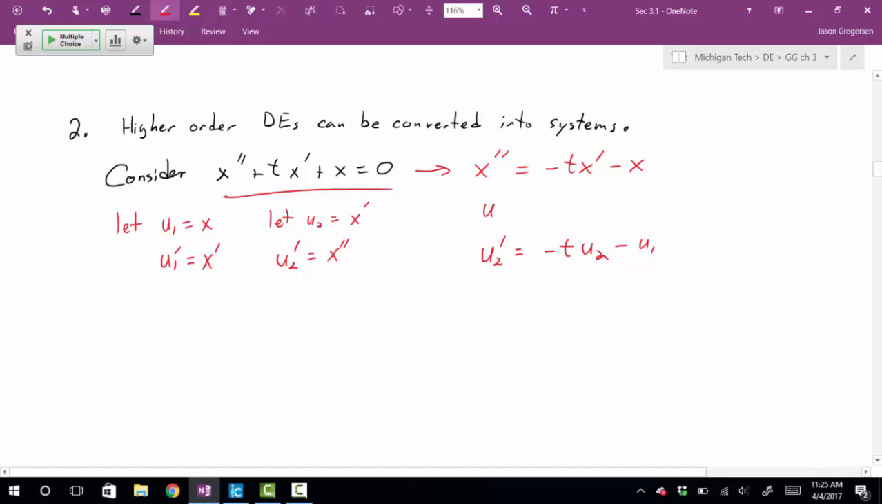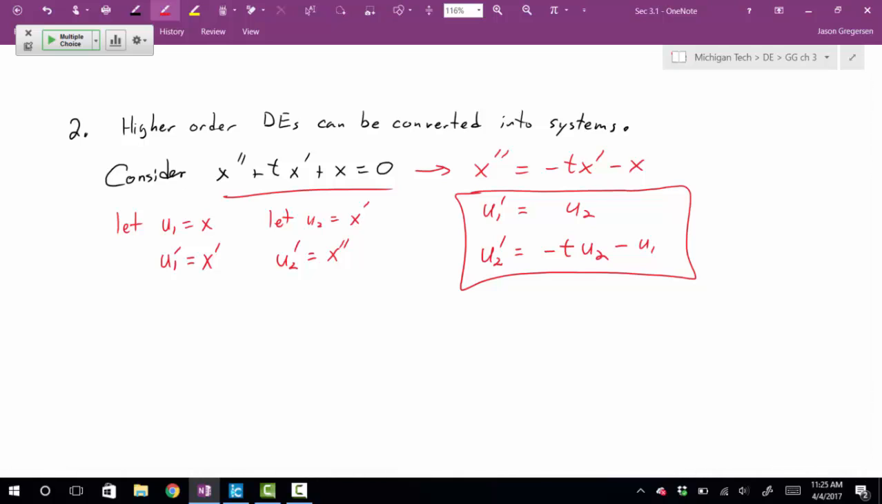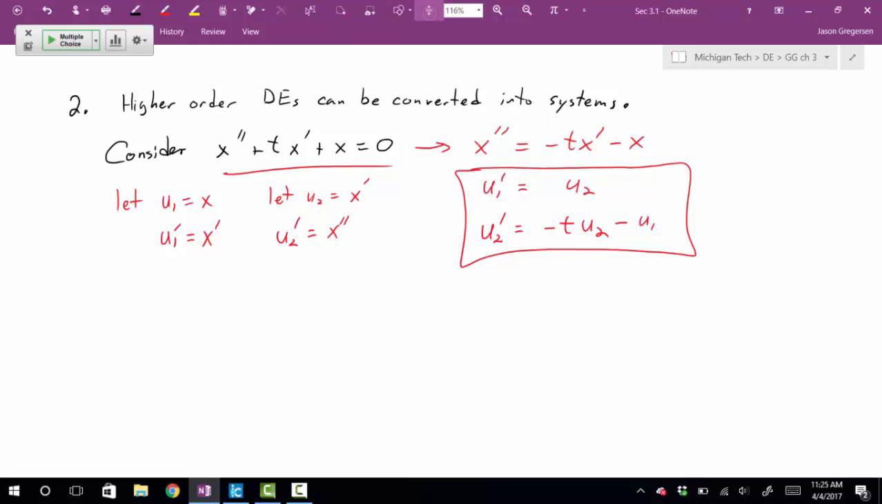The other equation is going to need to look like this. u1 prime is equal to x prime, which is equal to u2. So this would be my system of differential equations. And the solution to this system should match up with my solution to the higher differential equation. When I solve this, I'll figure out what u1 is, and that should be equal to x. All right. So,